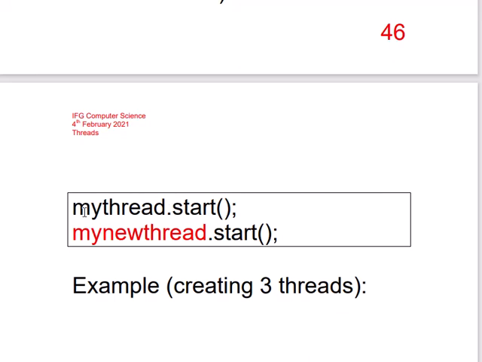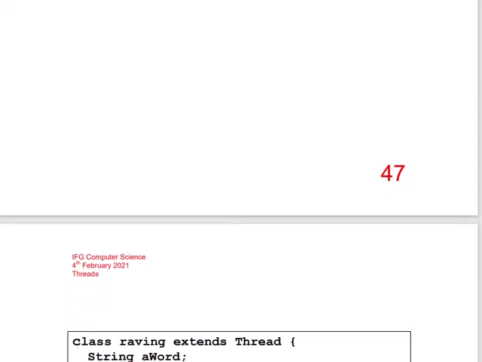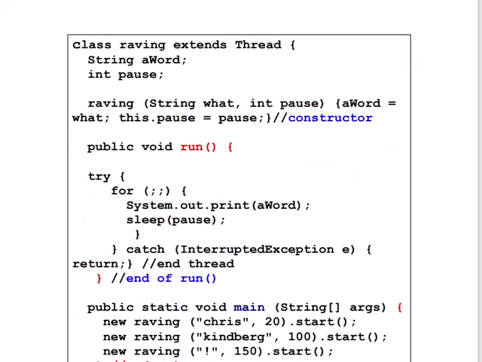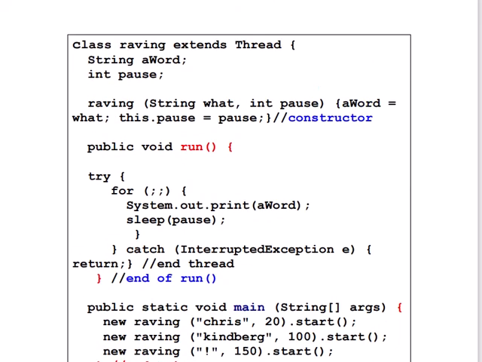My thread contains, because it's a thread, the start method. I can use it. What does it do? It just executes the run method. So the example I've got, which creates three threads, I think you can find it, is this example, which is already on Pharos, and